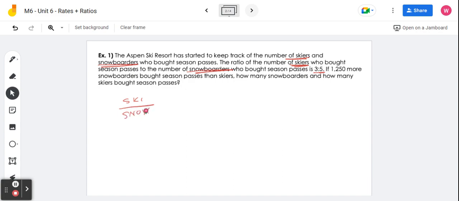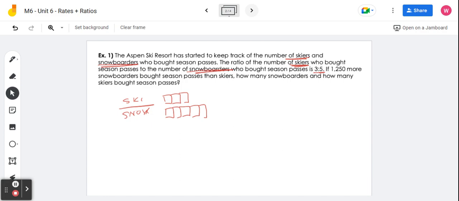There we go. So skiers and snowboarders. The season pass for skiers was 3: 1, 2, 3. Snowboarders was 5: 1, 2, 3, 4, 5. We're told if 1,250 more snowboarders bought season passes than skiers, how many snowboarders and how many skiers bought season